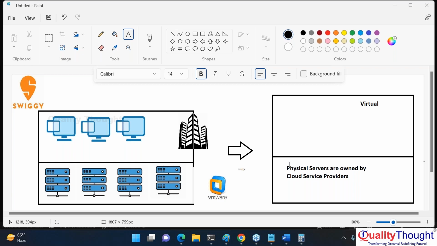Okay, so every cloud is equal. There is not even a single feature like, "Okay, this will only work in Azure. No other cloud can do this." There is not even a single feature like that. But every cloud has its own area of expertise.